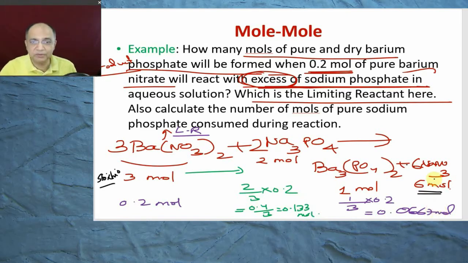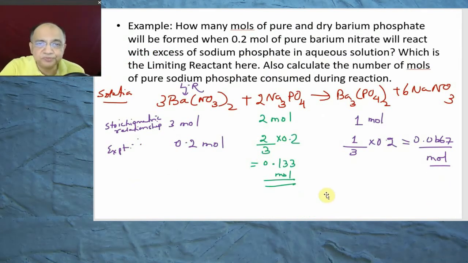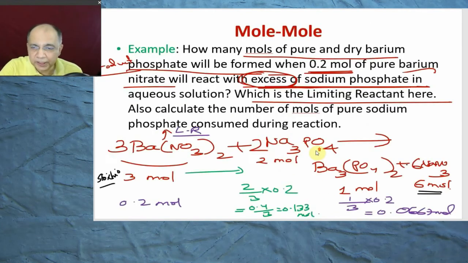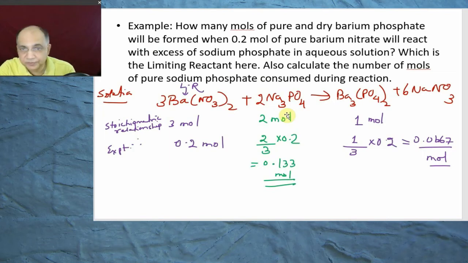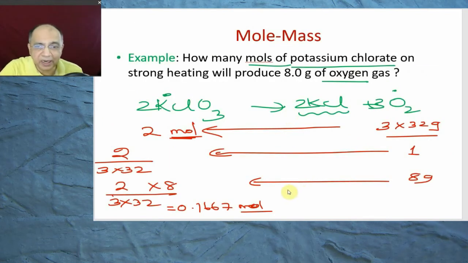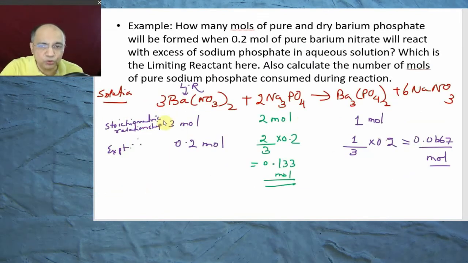Now some students are not confident to perform it in one line: 3 mole, 2 mole, 1 mole, 0.2 mole, how many moles? So I suggest they go for a step-by-step analysis. 3 moles of barium nitrate, write it down, or if you will not write, you just indicate 3 moles of barium nitrate